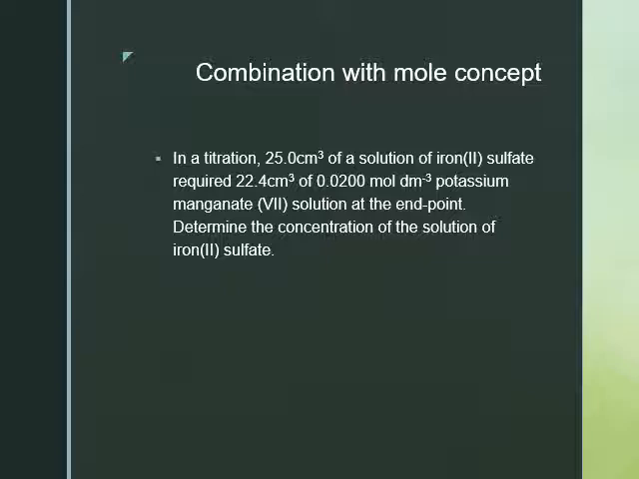Now let's try and combine what we know now with mole concept. So in this case, first thing we need to do is write the equation. So this one is the MnO4 minus plus 8H plus to Mn2 plus. The second one is Fe2 plus to Fe3 plus. So I need to times this by 5. So I have MnO4 minus